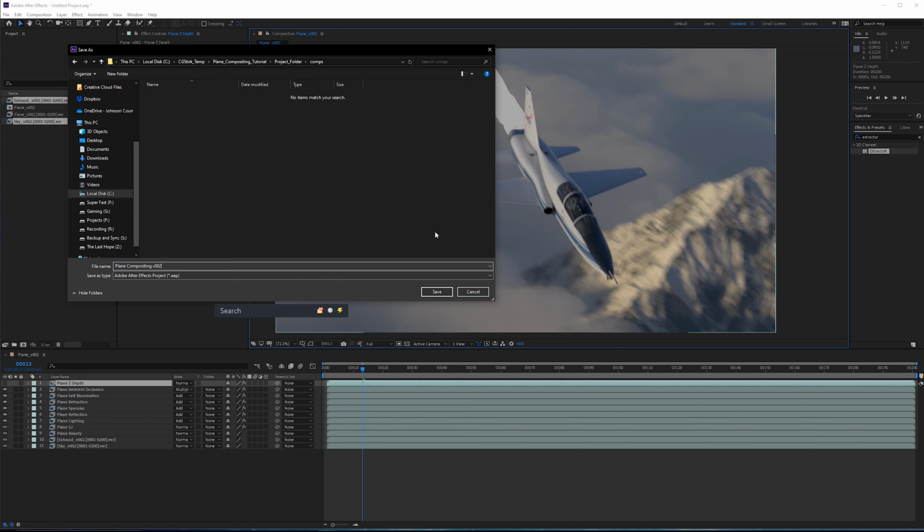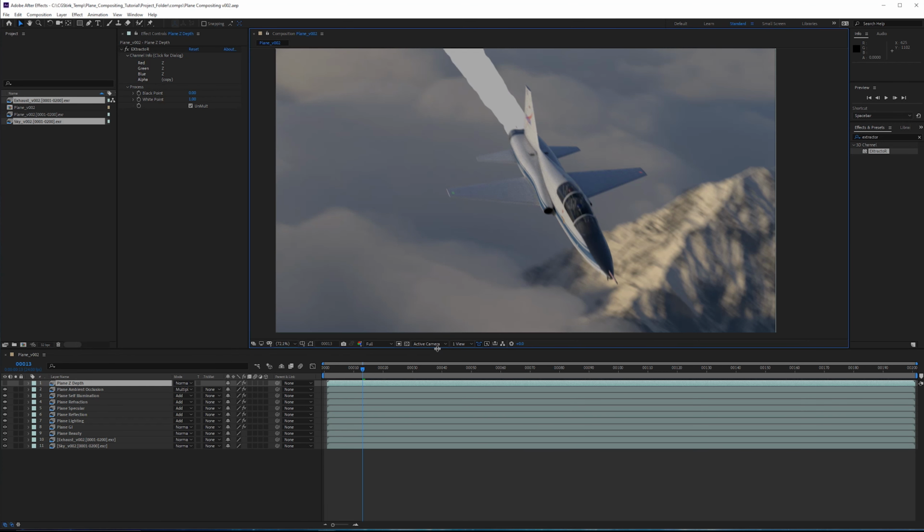And if you're using After Effects and Maya consistently, going back and forth between them, make sure you always have the same version number for the comp and the Maya scene, and all your frames have the version number on them as well. Otherwise, it's very easy to forget which version corresponds with which file, and it can make your life hell to try to figure that out, especially weeks after you've worked on something and a client finally responds or something like that. Just go ahead and make sure these always are the same as your Maya scene file.